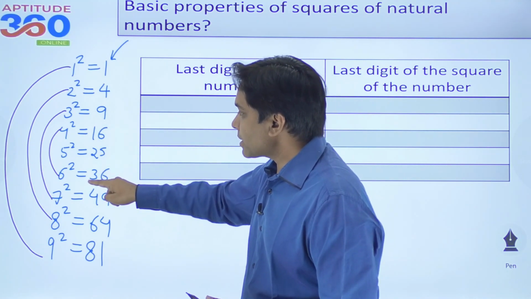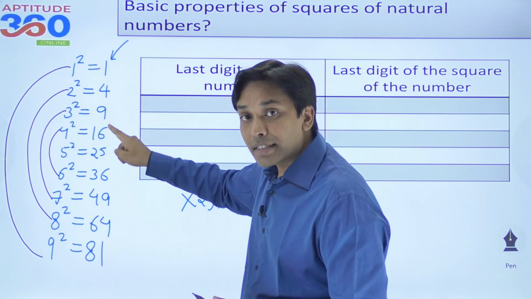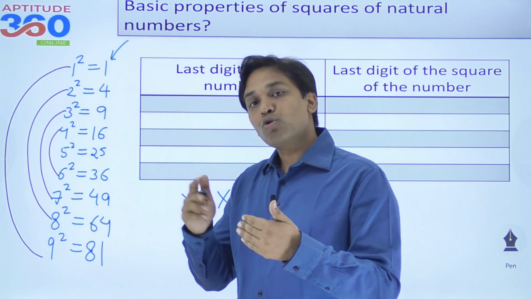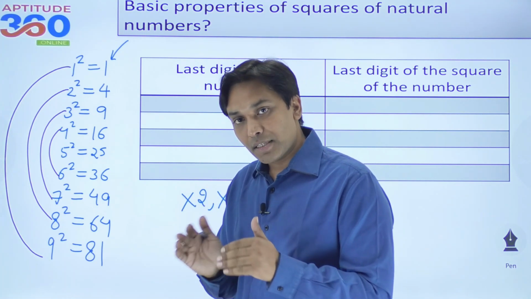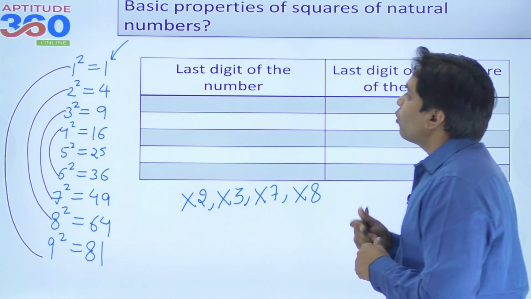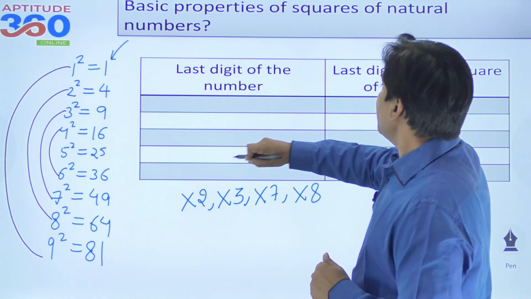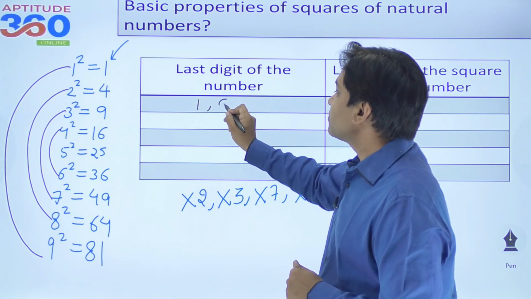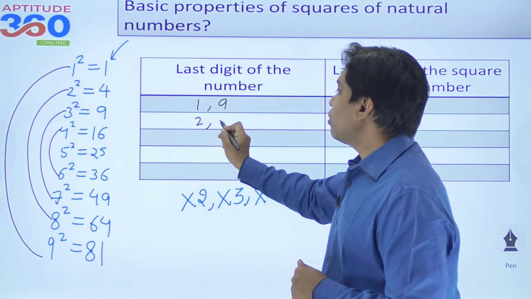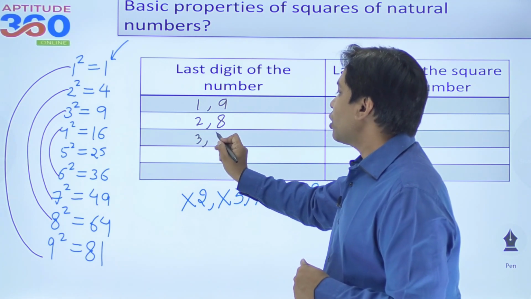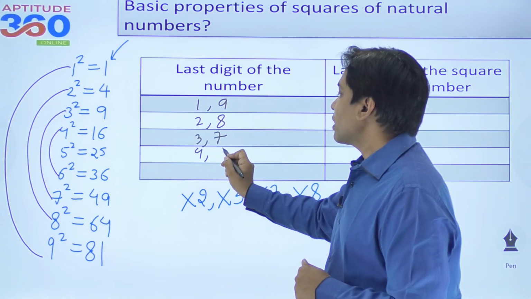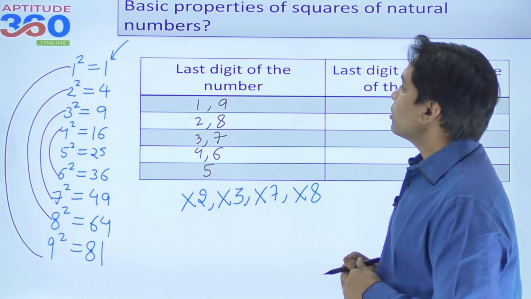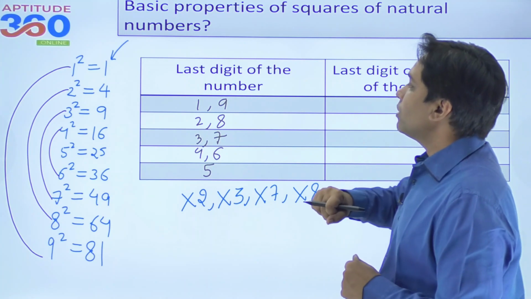For 4 square and 6 square, what do we have at the unit place? 6. 5 is one number where you have 5 at the last digit. Its square will also have 5 at the last digit. As simple as that. Now having said that, what did I say? If the last digit of the number is either 1 or 9, or 2 or 8, or 3 or 7, 4 or 6, and say this is 5, then the last digit of the square should be